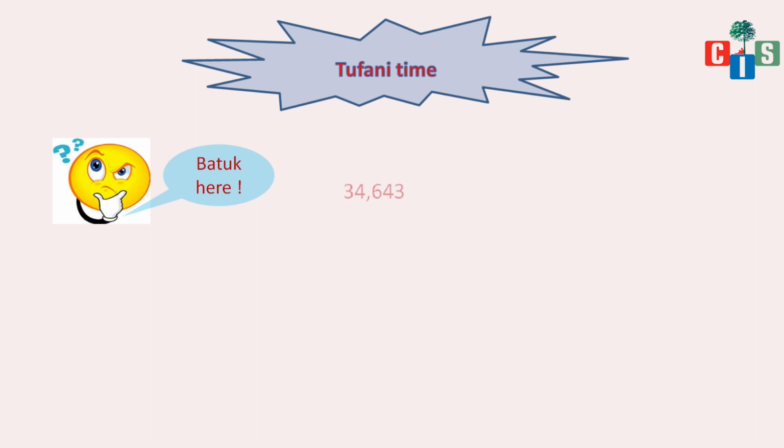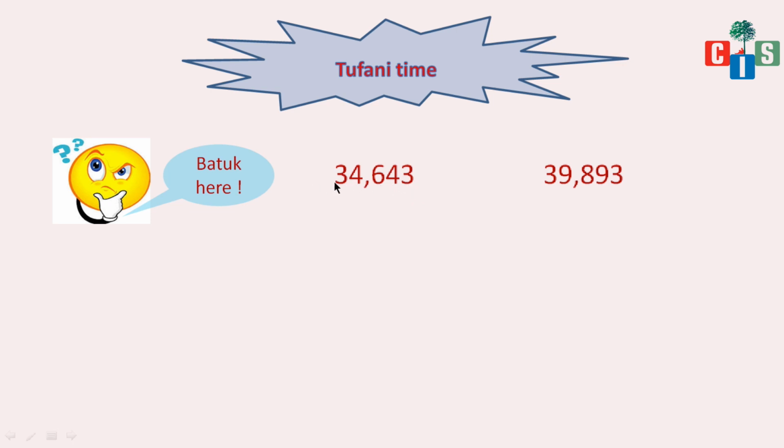Batuk has one number and it also has the other number, and he says to look at it carefully. Look at it carefully, students. What do you observe? See, the number is 34643 and the second number is 39893. When I reverse the number, it is